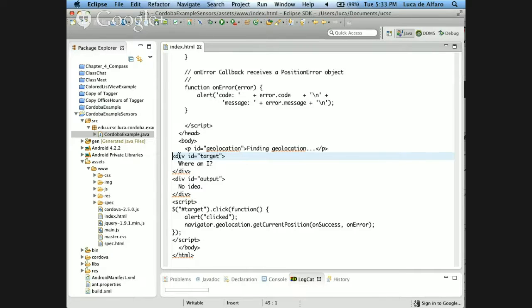when I was clicking on the phone again, I had this target, this div with ID target, and then I had a space where, let's say, "I have no idea." Then I did the following. I was associating to the target a click listener that said when you click on it, first show that you clicked. I was doing this for debugging, simply to show you that I could listen to the click event. Then I would again trigger the geolocation to get the current position. So this is what I was doing. Is this clear?